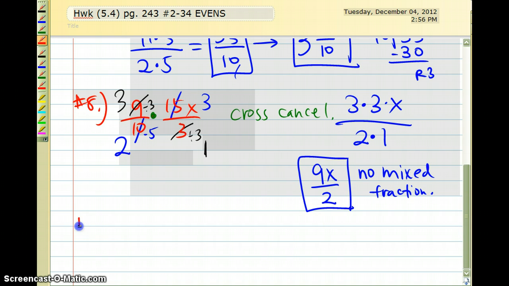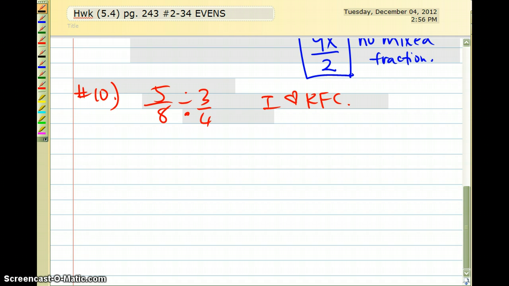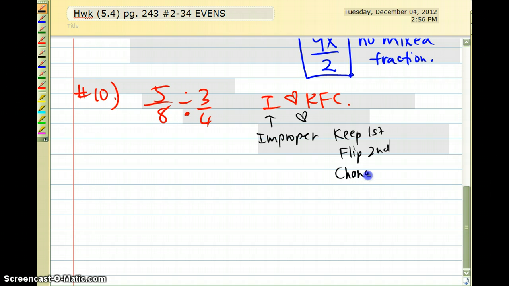Okay, I'm going to start with number 10 on the division now. So once I start to divide, now I can do I heart KFC. Now, I might not have mentioned this in class to some of the periods, but I stands for improper. Okay, heart means you just love chicken. So remember, K stands for keeping the first, F stands for flipping the second, C stands for changing the sign